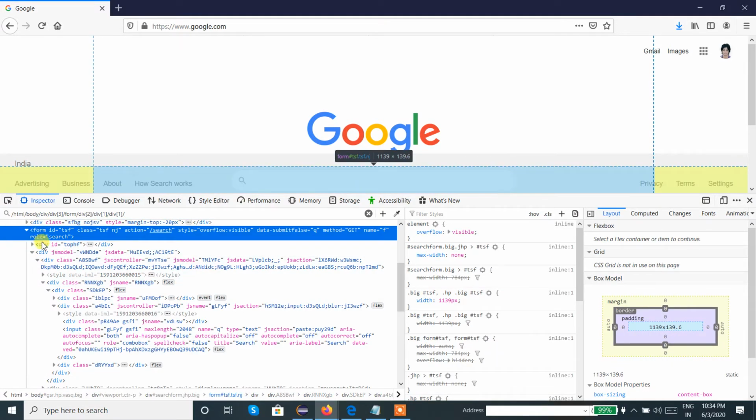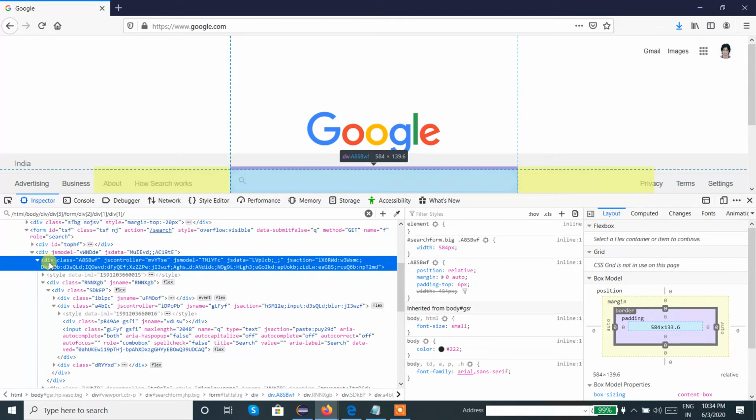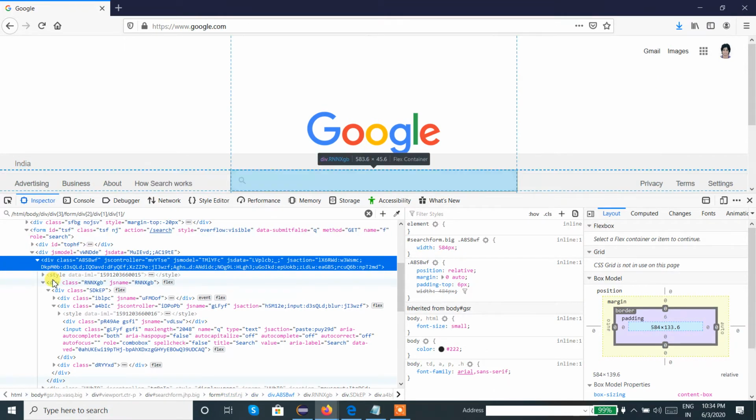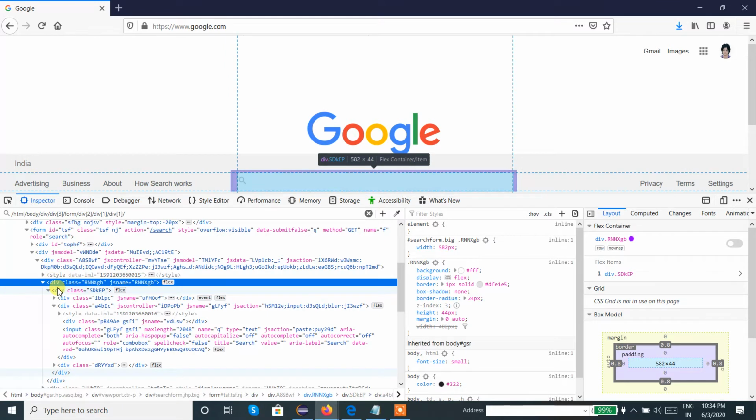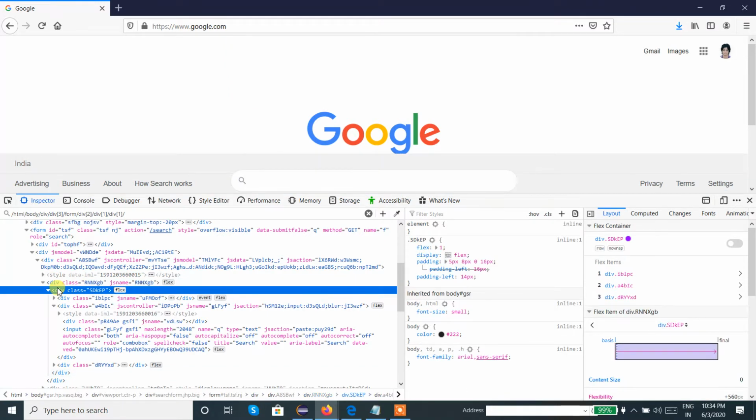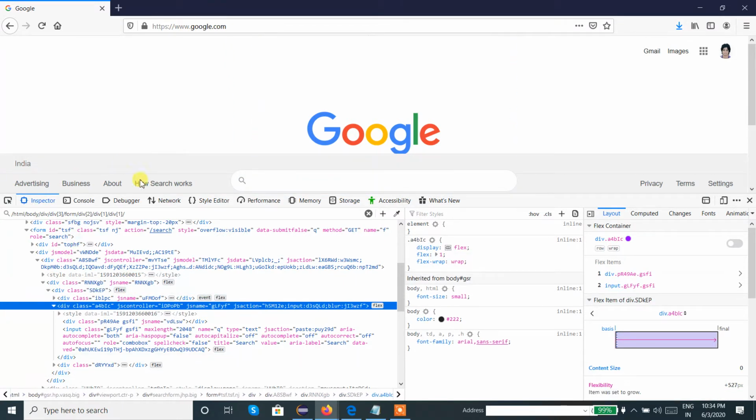From this form we need to enter into the second div, then the first div, then inside this div again the first div, and from this first div we need to enter into this inner div and the second div. So how can I go to the inner div and second div? I should give div slash div 2.